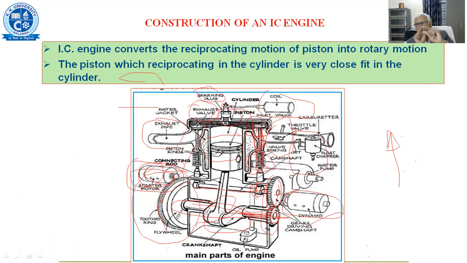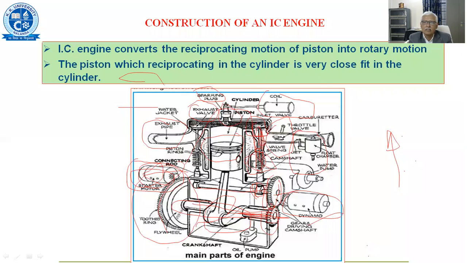It is open for only the smallest duration of time, such that the piston moving down sucks in. By the time the piston reaches down, the cam also moves away. Thus the valve again closes, sitting on what is called the valve seat. It's something like a hollow space, and the valve sits there so that it closes the supply into the engine cylinder. This is how this valve mechanism operates.